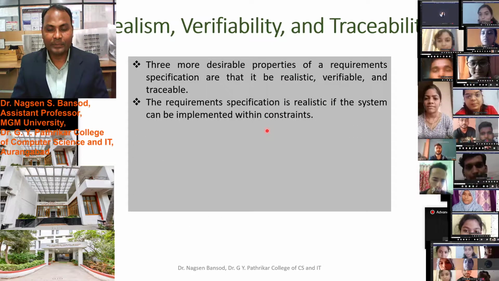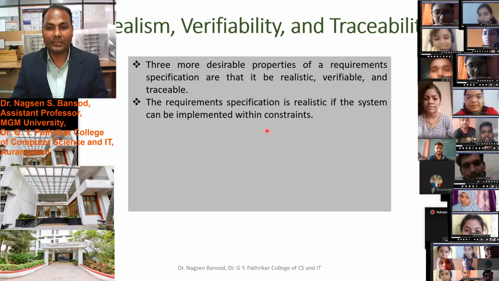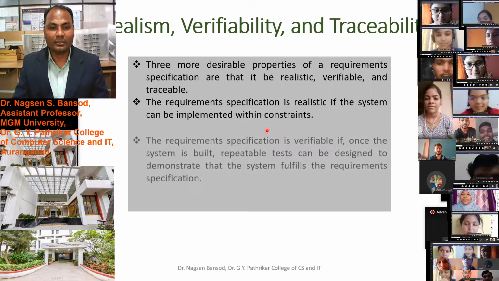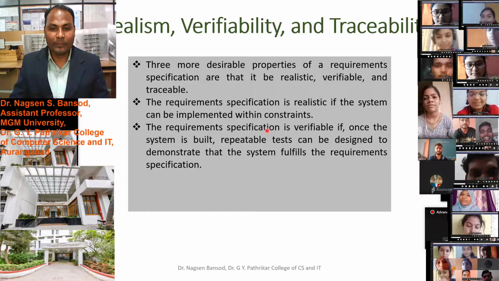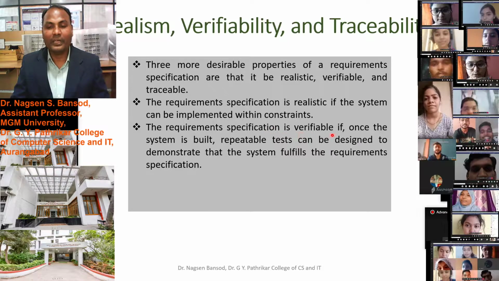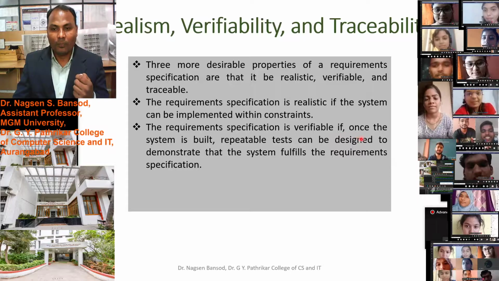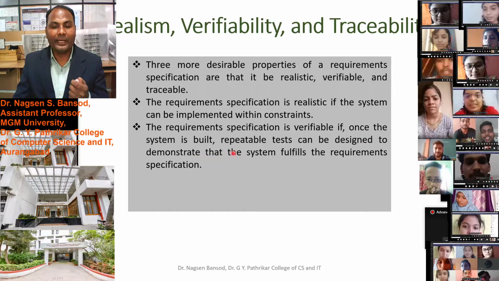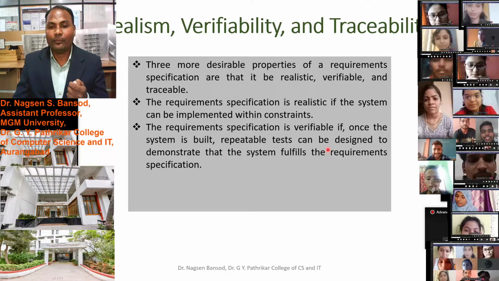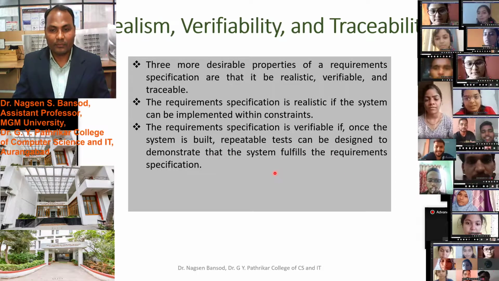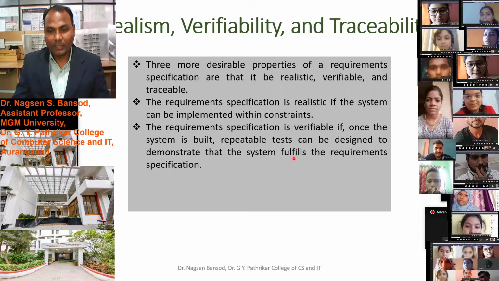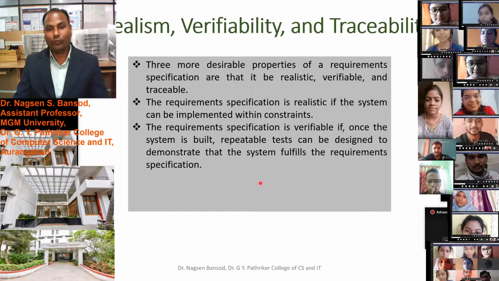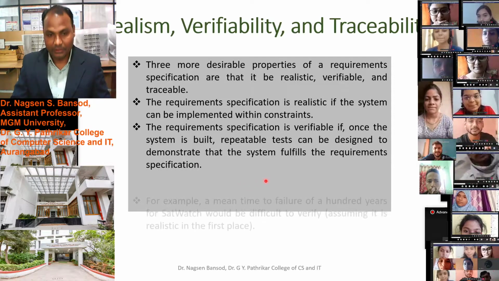The requirement specification is realistic if the system can be implemented within the constraints. The requirement specification is verifiable if, once the system is built, a repeatable test can be designed to demonstrate that the system fulfills the requirement specification.